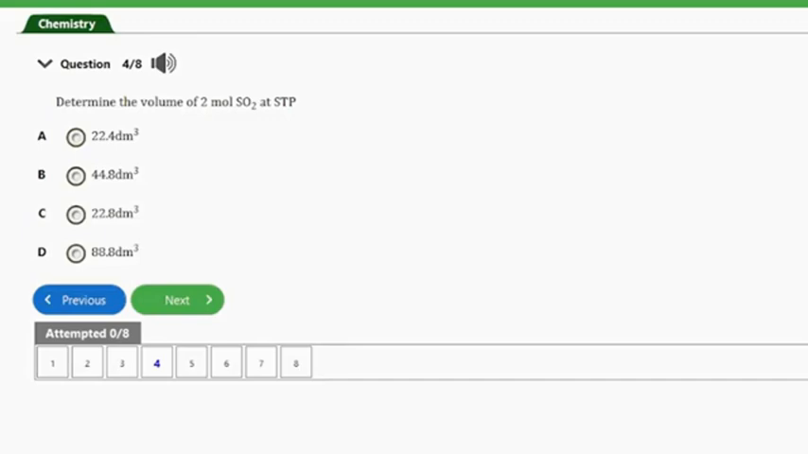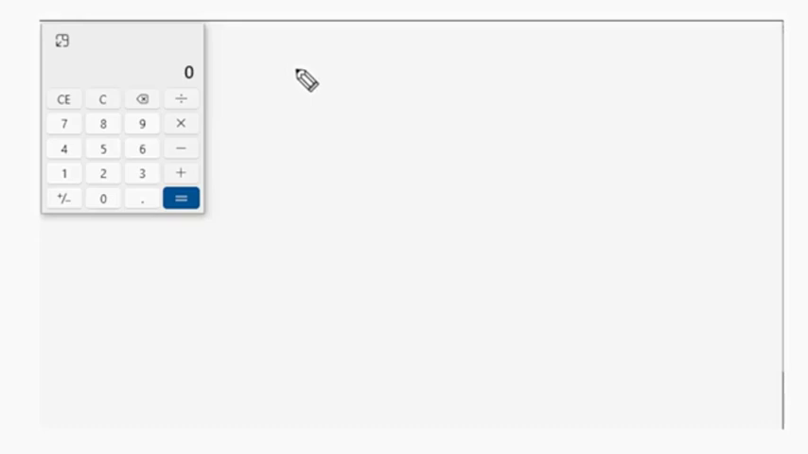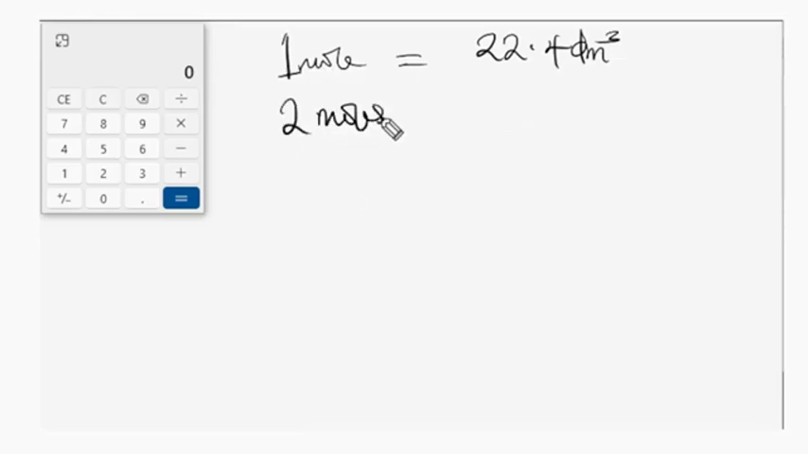So guys, let's zoom into our workspace here and sort this together. So at standard temperature and pressure, we know that 1 mole of a substance is equal to 22.4 dm cube. So guys, we're asked to find the volume of 2 moles here. So guys, 2 moles will be, we have to cross this out. So this is the volume. So the volume here will be